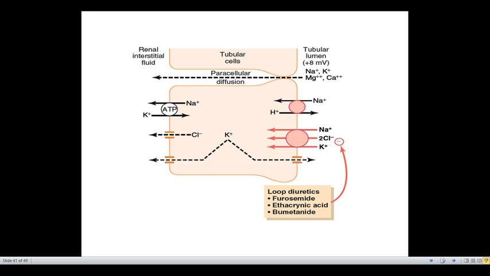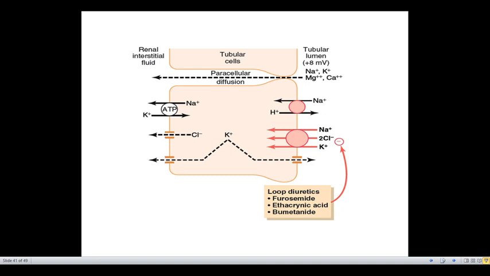The sodium-potassium pump in the basolateral membrane maintains a low intracellular sodium concentration and a negative electrical potential in the cell. The 1 sodium 2 chloride 1 potassium co-transporter in the luminal membrane